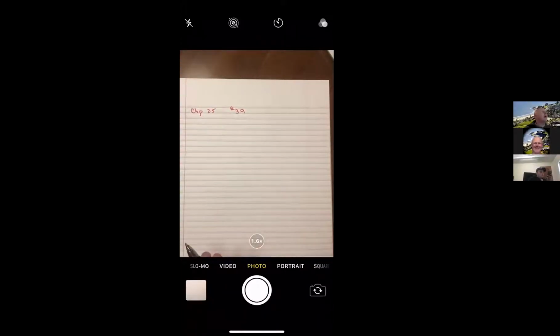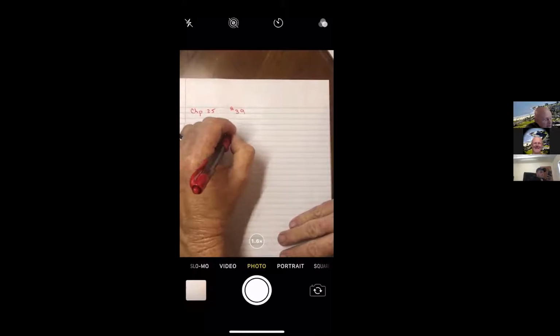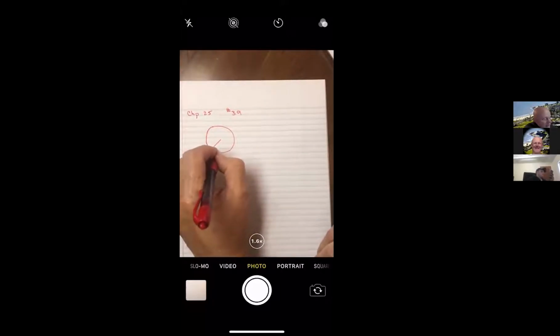Okay, so Gina here. All right, so 35 says this. It says a spherical conductor of radius 14. Okay, so here is the conductor. And keep in mind then its radius is 14